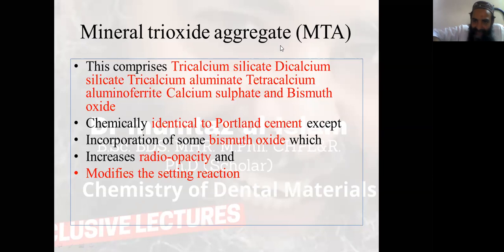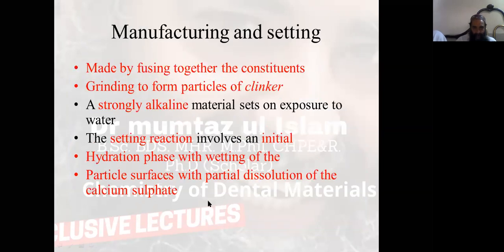And amazingly, it is chemically identical to Portland cement, which you can use in your house for the construction of buildings, except for the incorporation of some bismuth oxide, which increases radio-opacity and modifies the setting reaction. Now, manufacturing